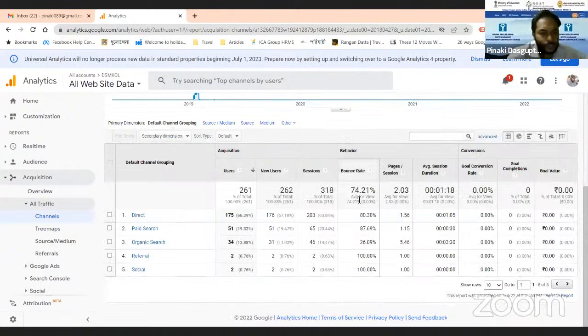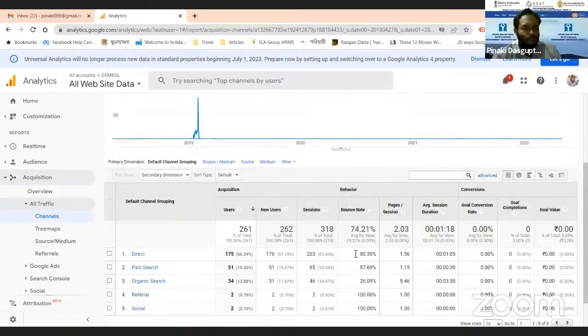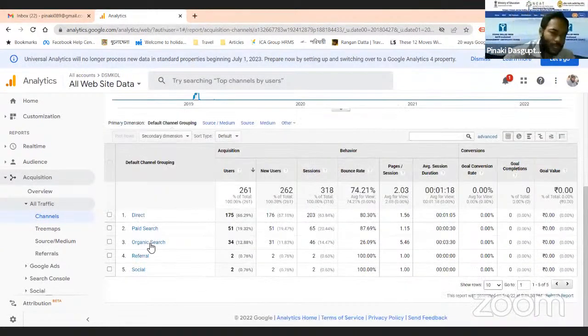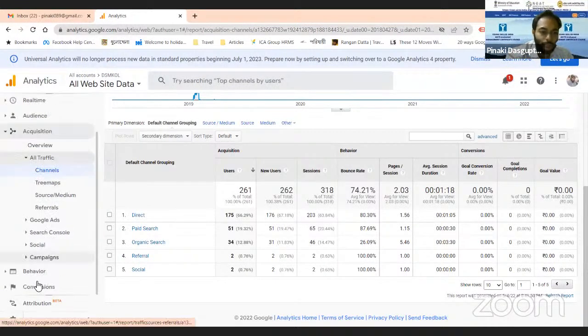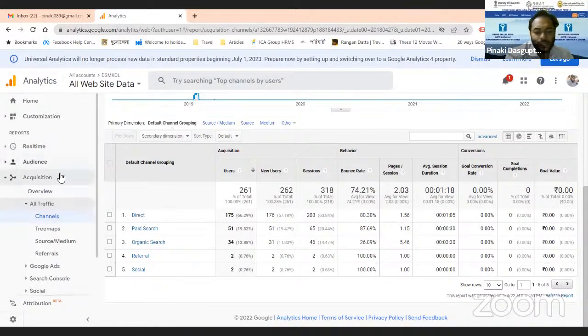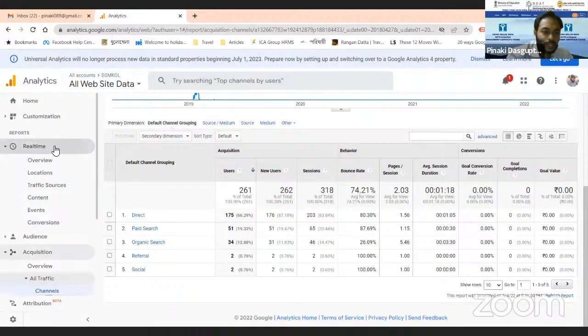See, there are a few broader categories, like real time, audience, acquisition, Google Ads, Search Console, social, campaigns. All these are broad categories, and within these categories there are subtopics or sub parameters. I am going from the first one, the real time